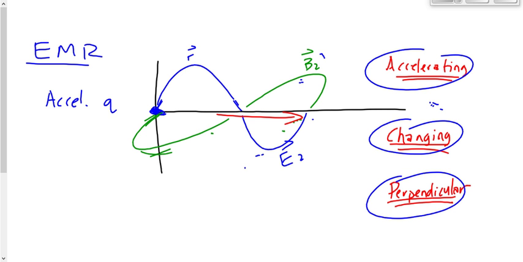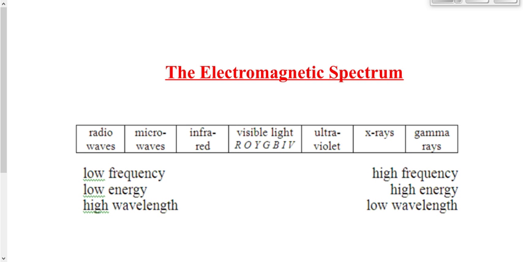All right? What else did we do yesterday? The types of EMR, right? What type of EMR do we have first in terms of lowest frequency? Radio waves. Then what comes next? Microwaves. Then what comes next? Then visible light, ultraviolet. Good. So we got our 7 types of EMR ranked in terms of increasing frequency,